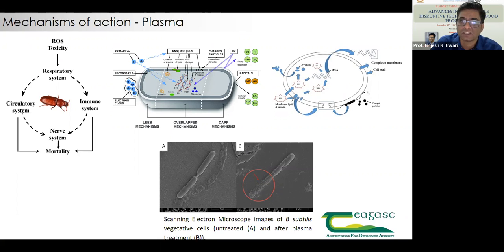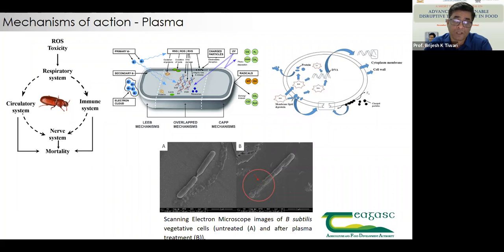So this is just a simple way of showing how different reactive species can impact protein in the cellular membrane, DNA of the cell, the cell wall, and the cytoplasmic membrane. Obviously, that also depends upon gram-negative and gram-positive bacteria. But these are a bit on the hypothetical side, and these conditions, changes in the protein of a bacteria or a DNA of a bacteria or a genomic